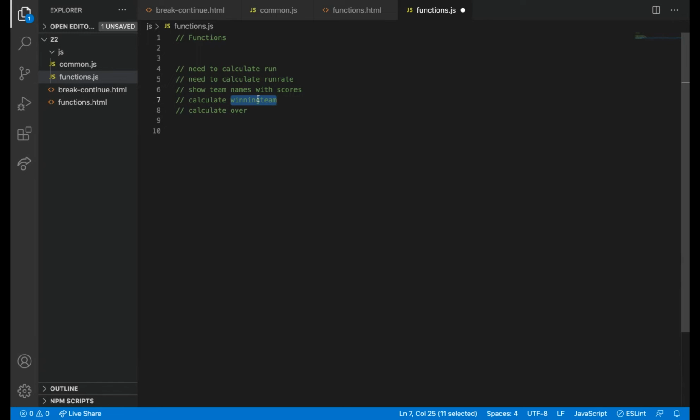Only one time that function will get executed, still we will add that functionality in a function, because it will be readable, and then we know where the functionality of calculating the winning team is.